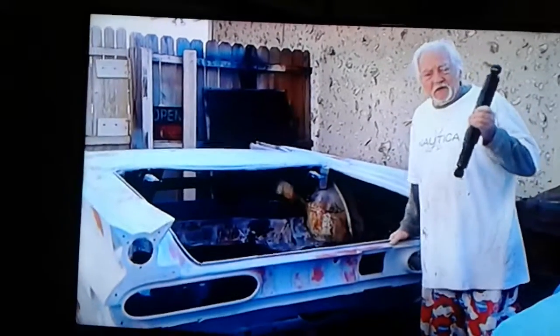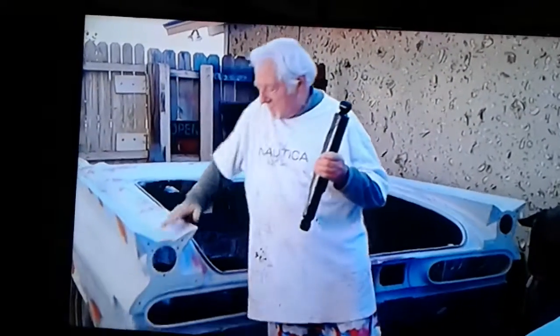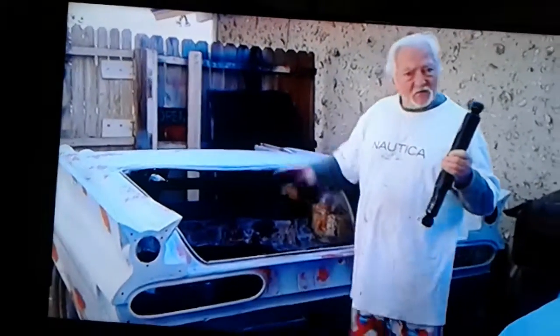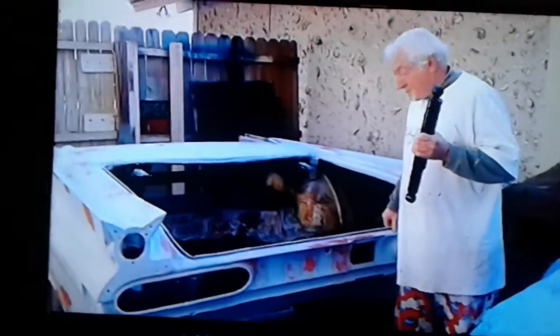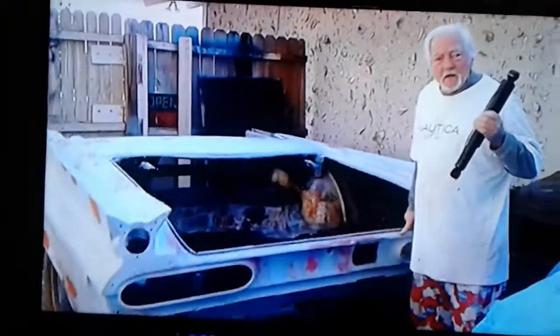Anyways, this rear part here doesn't have any shocks in it. I just showed you. With one finger, look. You ever see people when they say you want to check the car to see if the shocks are good, and you push down on the seat to see if it bounces a lot? Well, this is what happens if you don't have a shock. I mean, with one finger, I can get this thing going